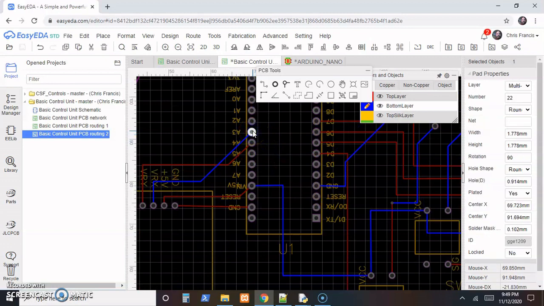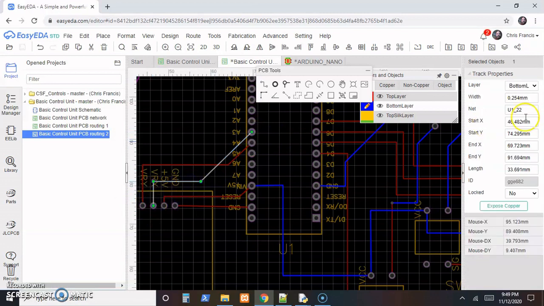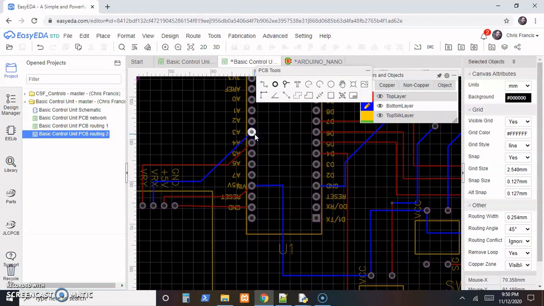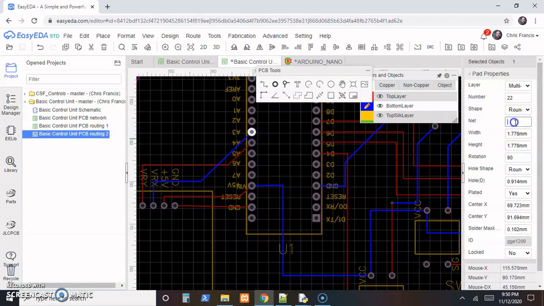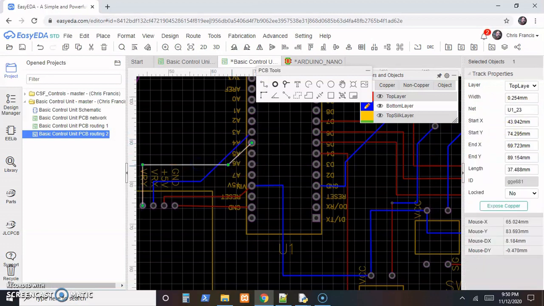Now, in order to paste that in, I had to cut all of the connections. So I need to reset up all that connection information. And remember, at first we just did it with a line, but over here at the other end of that connection, or anywhere in the track, we still have the name. So I'm going to copy that and paste that onto this pad where it needs to connect. And same thing on each one. So go to that track,